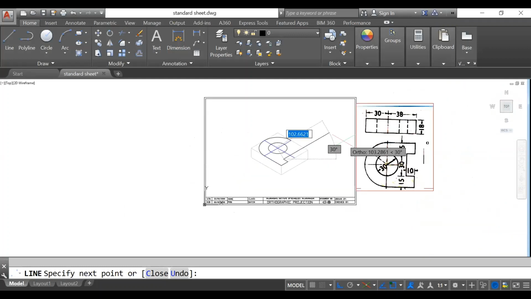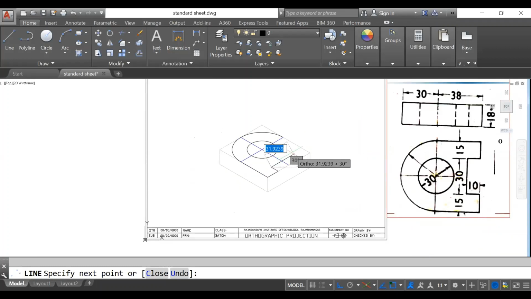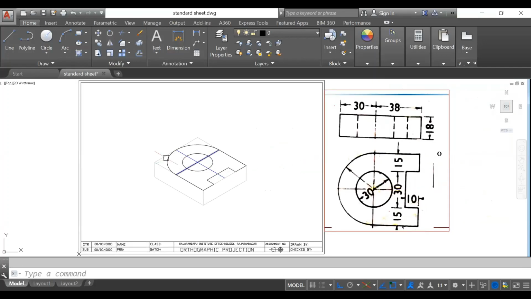Okay, then this side 30 mm. Okay, then this side 10 mm, then this side 15 mm, this side throughout, connect to this. So that shape we have prepared on the top surface, not at the bottom, only on the top surface we have prepared. Okay, now next part is that we have to give the thickness to this part, because this is only surface. We have to remove this material, then this hole, then this material, and only we have to keep thickness along whatever the black color indicate here.